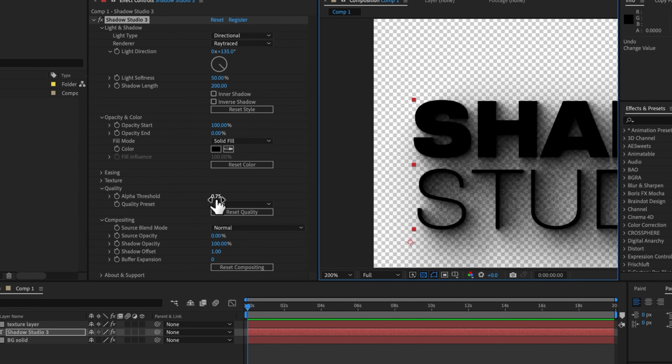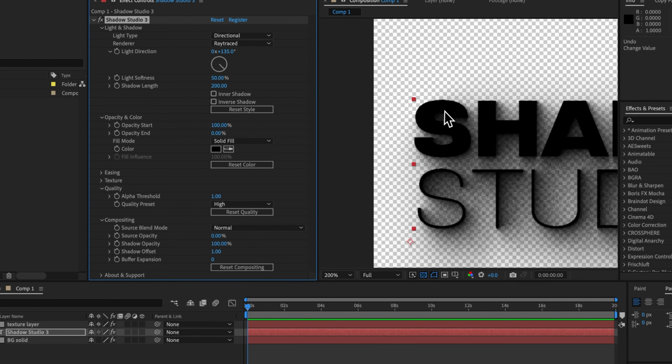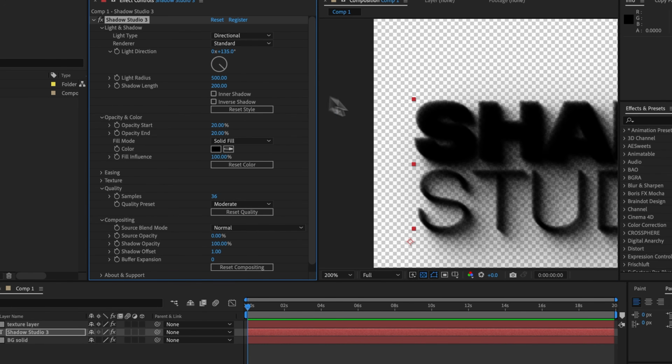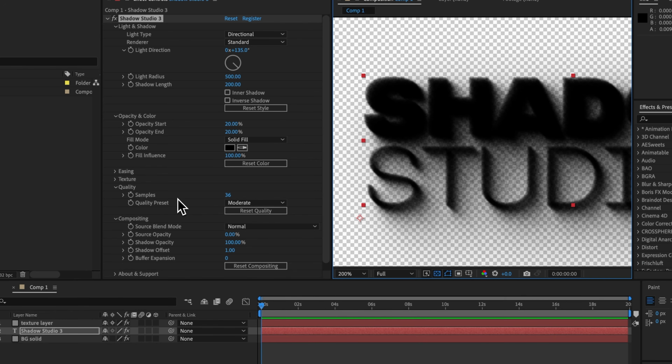This is pretty much a sweet spot, and I don't recommend you change this value, but if you were to say increase that to a value of 1, you would get a bunch of ugly stair stepping because now only the fully opaque pixels are casting a shadow, and that is prone to aliasing. I'll reset that. If we were using the standard renderer, we no longer have an alpha threshold parameter, we now